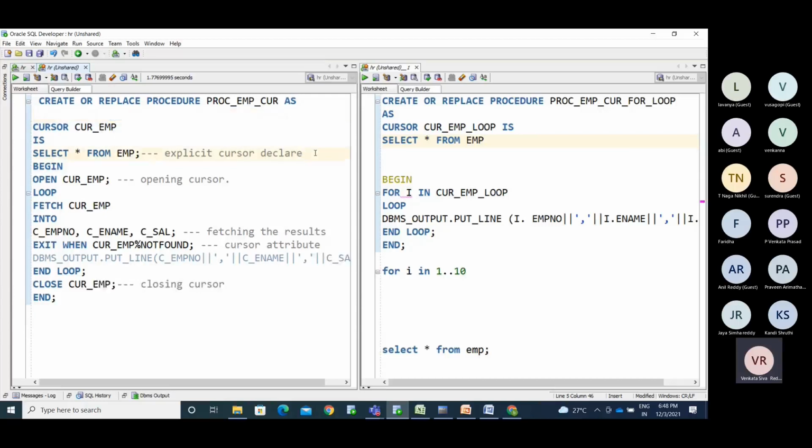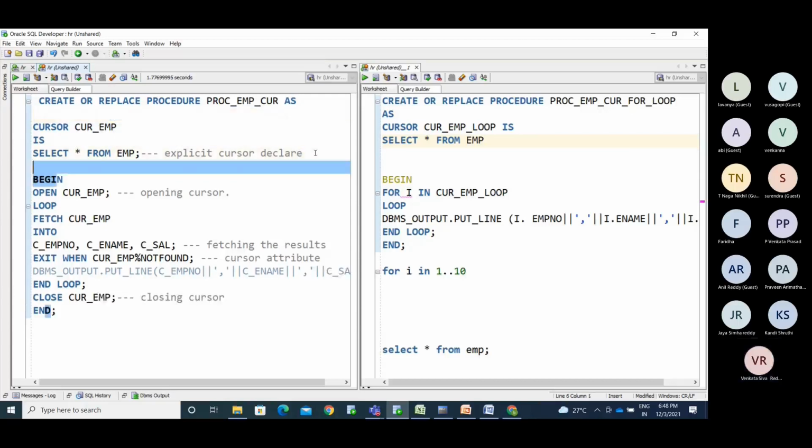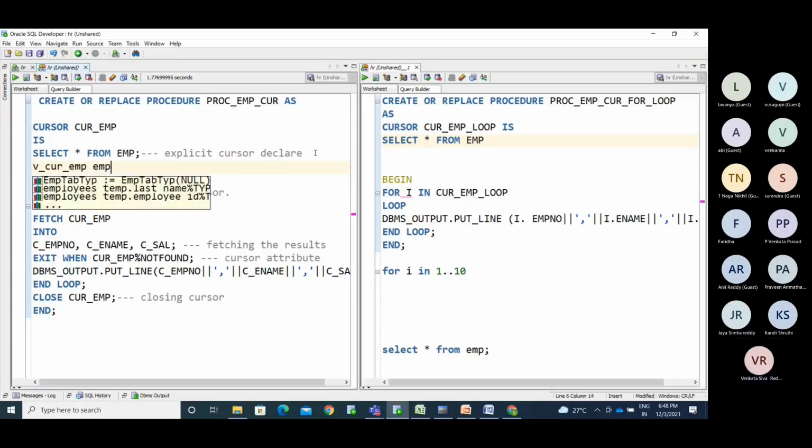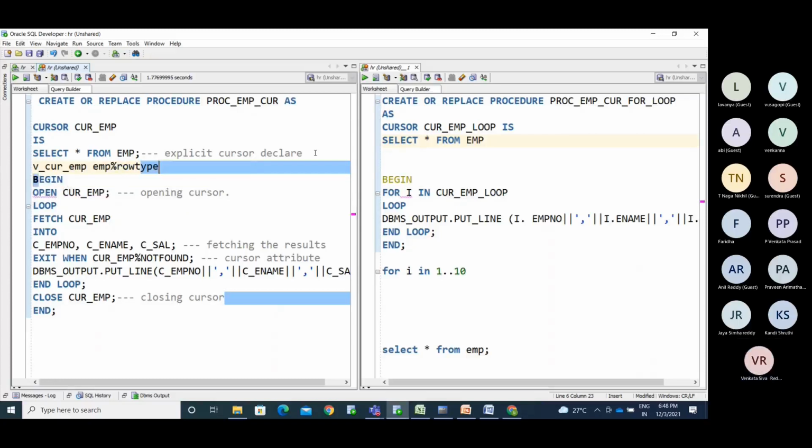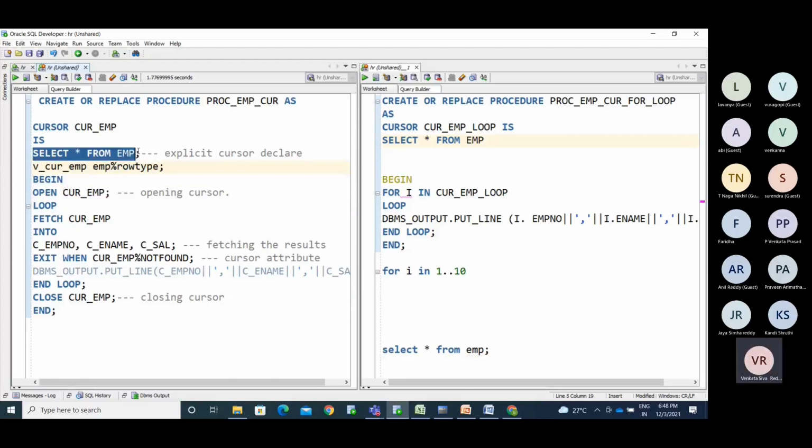Yesterday we simply declared v_cur_emp as a variable of type emp%rowtype. Whatever we have in the select query is declared as a table with the cursor name, and the same table I build as a replica variable. It's a cursor variable to store the cursor results, so this is the variable I am building here.